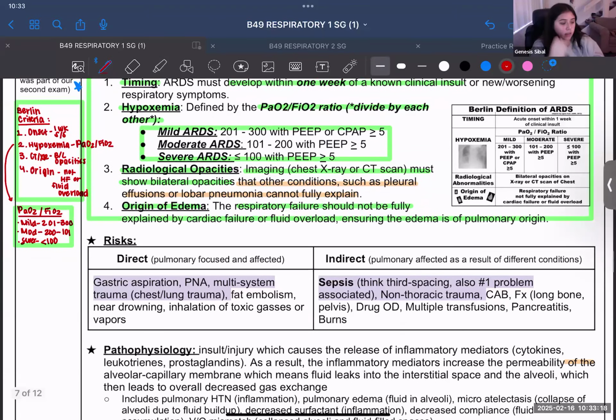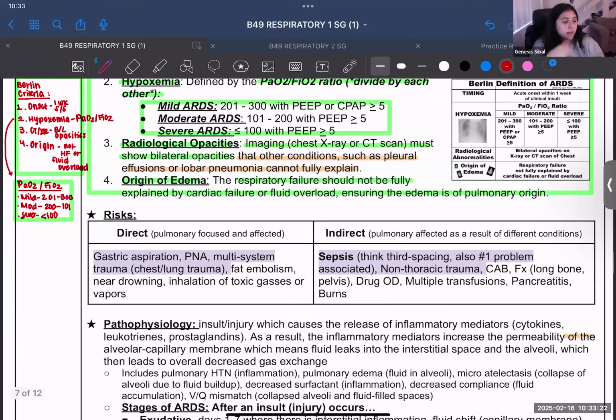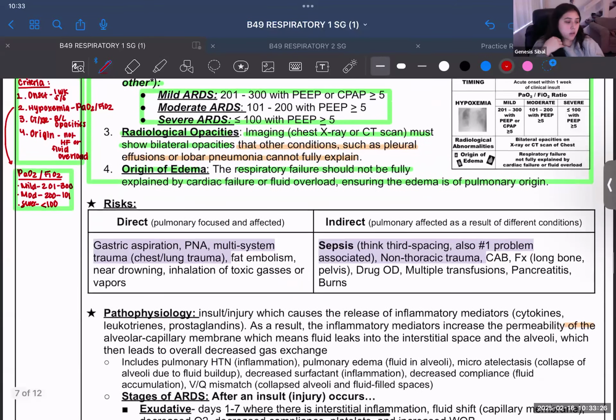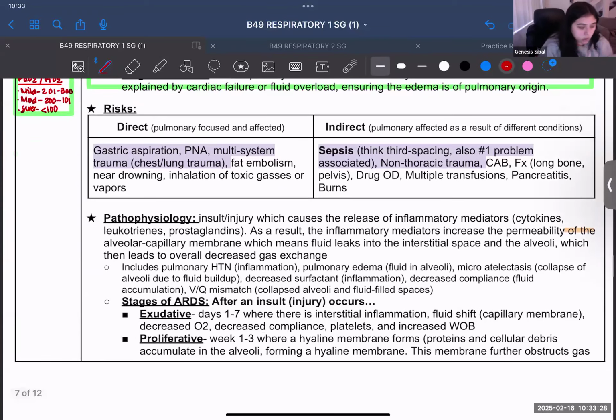And then check X-ray, CT, bilateral. You have that, great. And then it's not a cardiac issue. It's not something else. It's fully respiratory, great. That's another one. Okay, so I'm gonna just go over this for a quick second because again, you guys haven't gone over this,